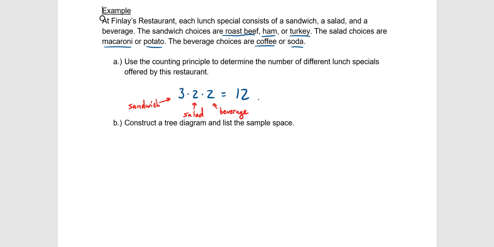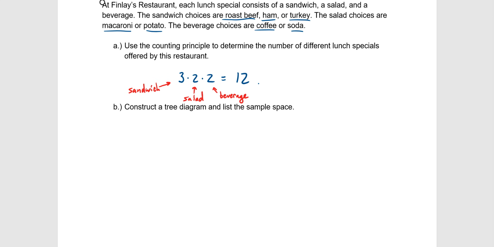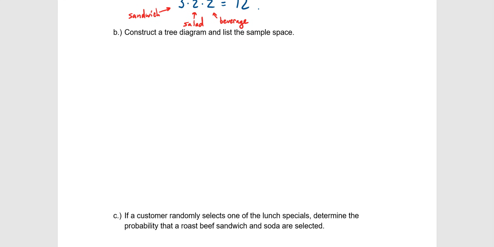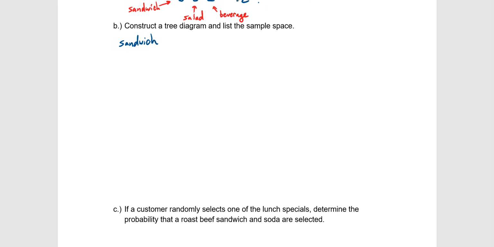So let's go ahead and create a tree diagram. For this one, let's say we have sandwich first. For the sandwich column, and I'm going to abbreviate here, we had roast beef, ham, and turkey. I'm going to use an R for roast beef, an H for ham, and a T for turkey. So these options are going to be R, H, T, and then the next thing is a